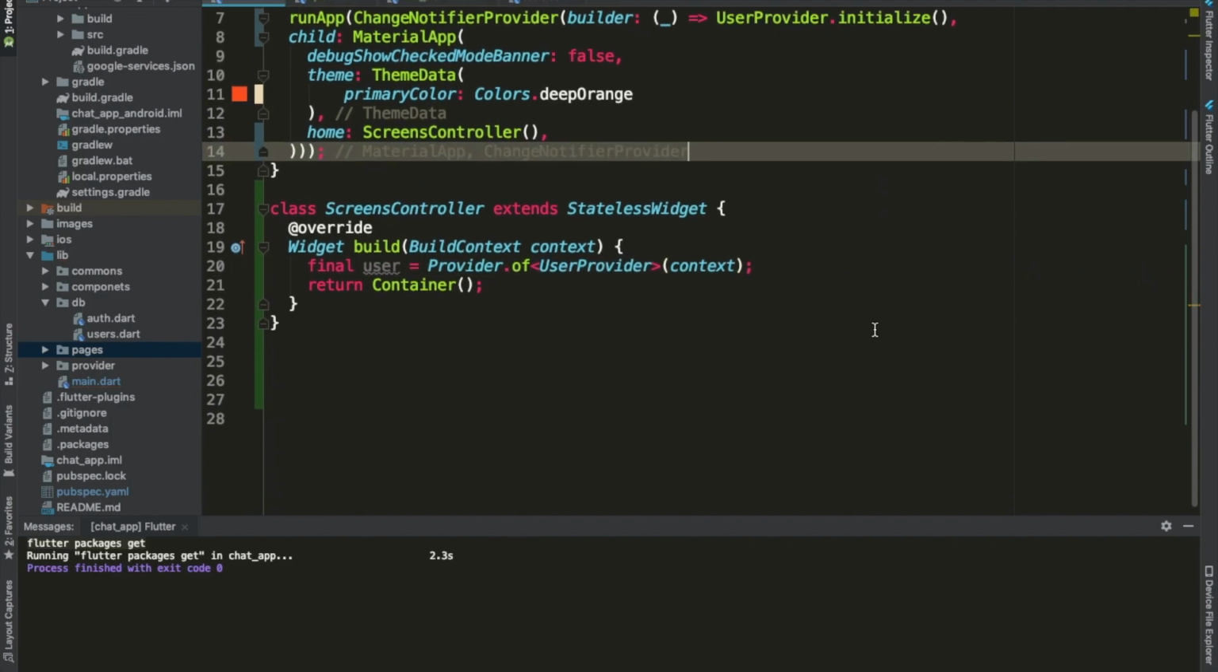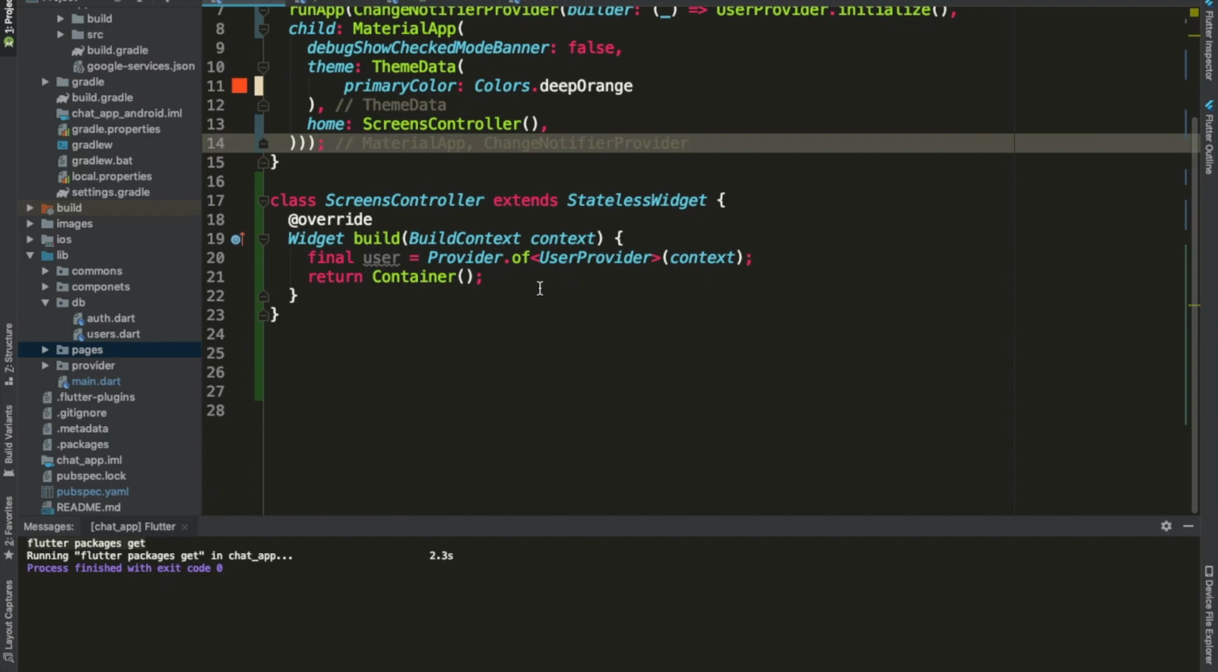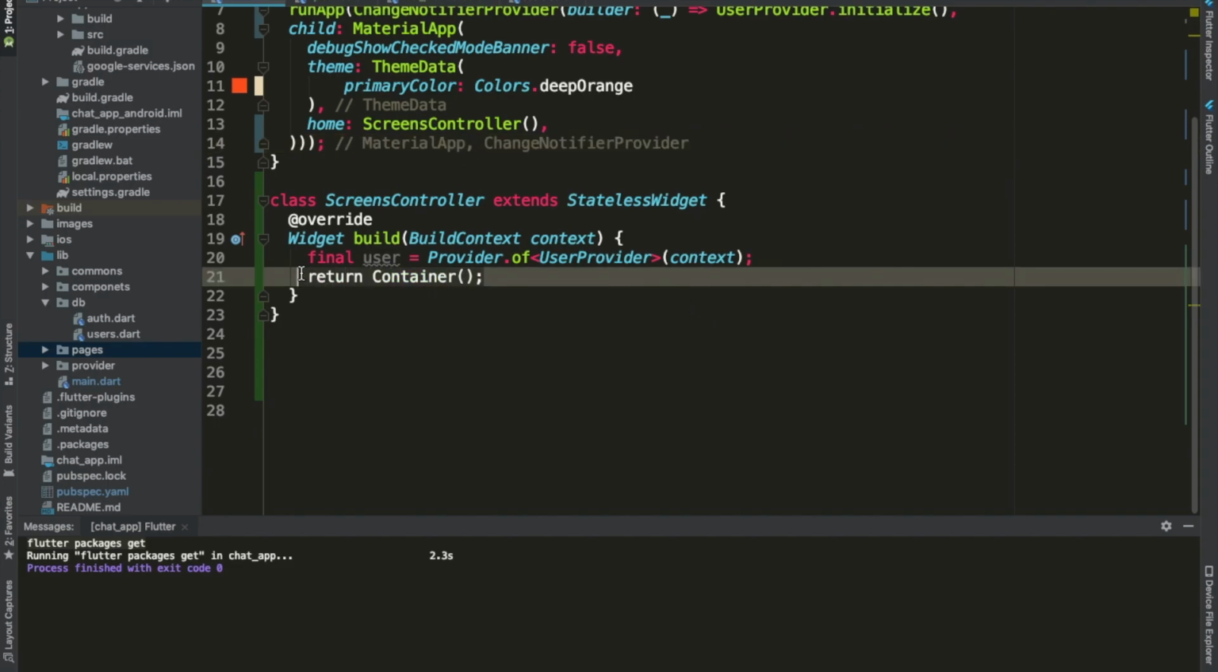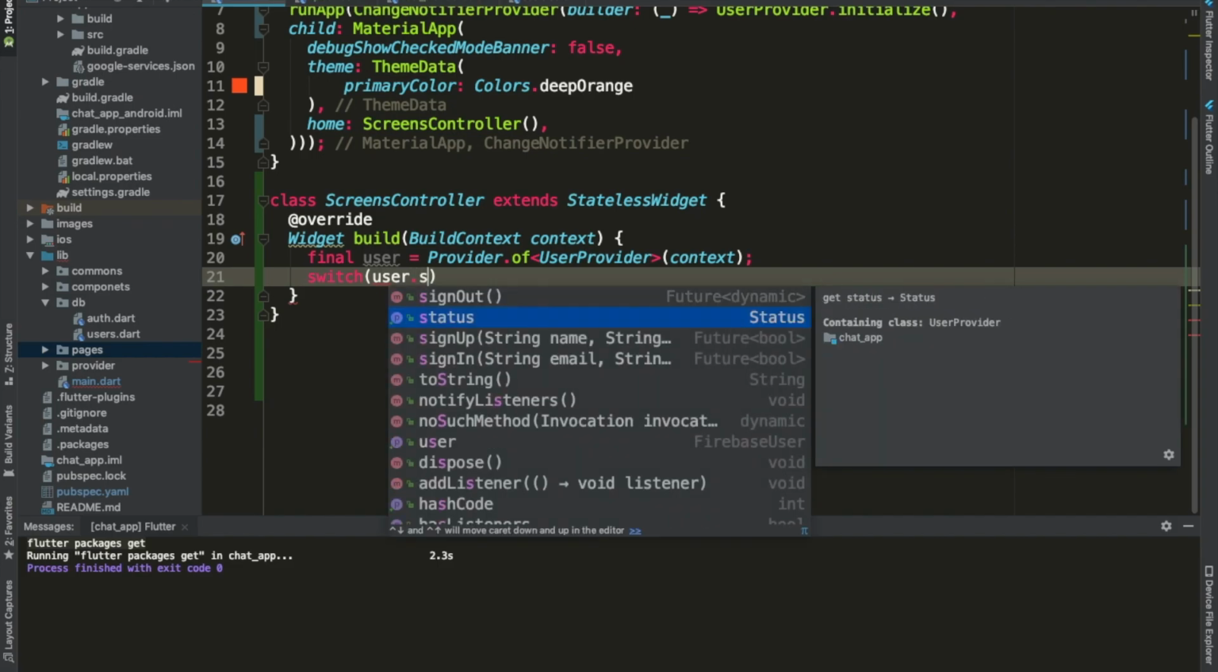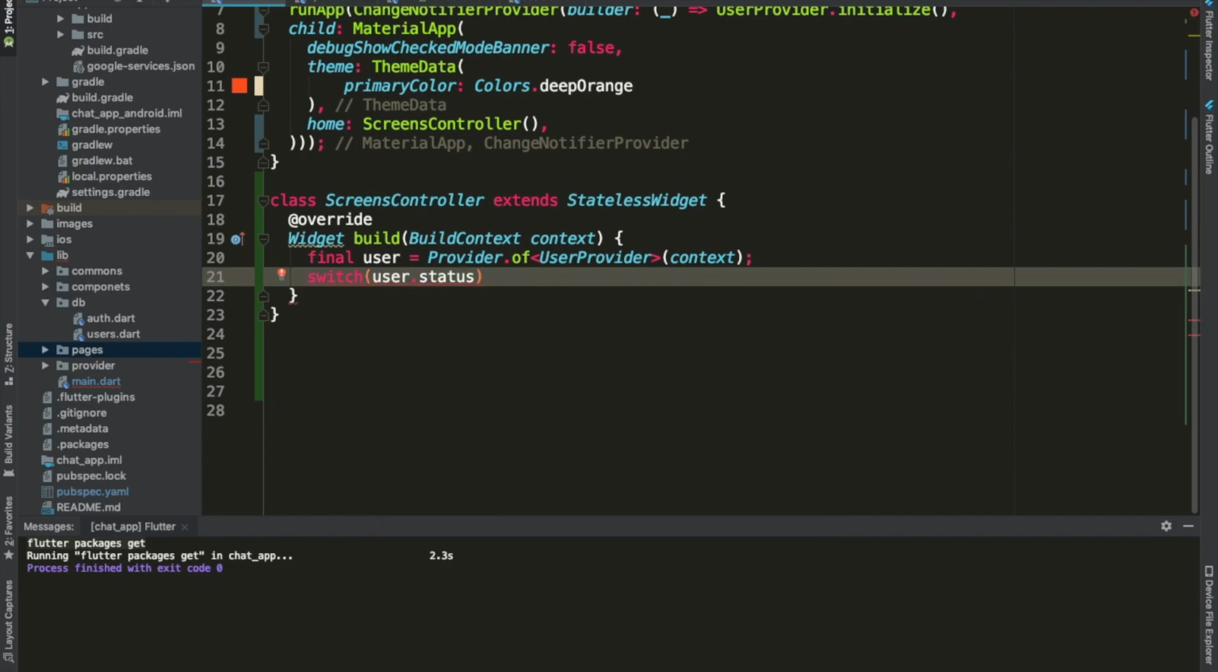So what we're doing here is basically defining the type for our particular provider. User is the type user provider, but that's something you guys know already, hopefully. Now here we're going to use a switch statement, and for our case, we'll be analyzing our user.status of the user,